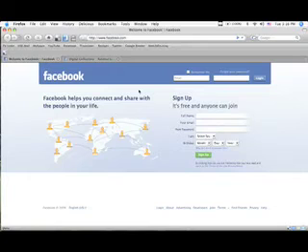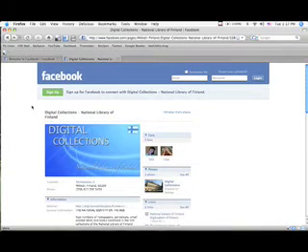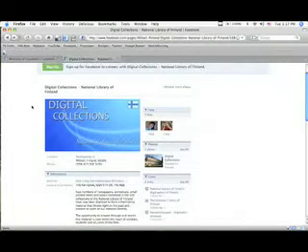And this is the homepage of Facebook. Here you can sign up for a profile, and by following a few simple steps, you can create a page similar to what we have created for our client. And here you can see the page. Here we have included the title of the page, which is the Digital Collections, National Library of Finland.